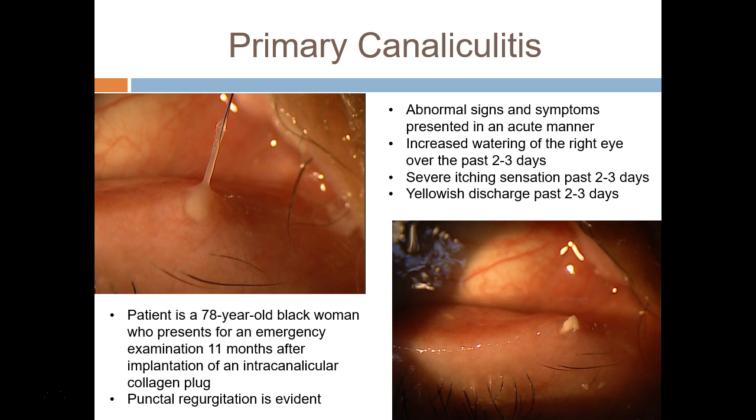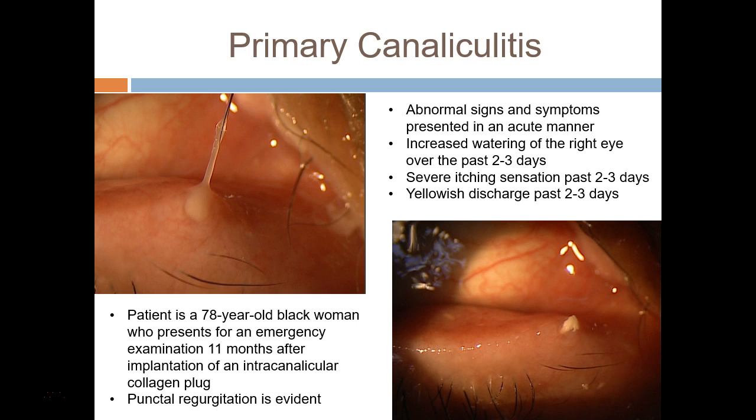So this would have been my third patient where it was a secondary canaliculitis, which means I caused it. And I was like, man, what's going on here? But as I sat back and reflected and thought about this one after I treated it for a while, I don't think that's what's going on. The history doesn't support it in most of the areas. So again, we've got this 78-year-old lady who came in on an emergency exam. I had seen her 11 months earlier for 2 or 3 visits, and on that last visit 11 months earlier,